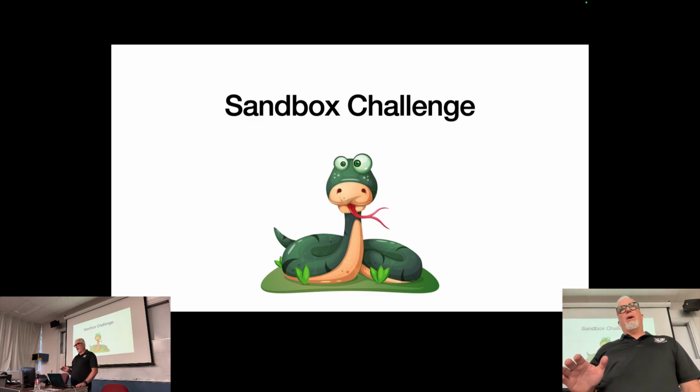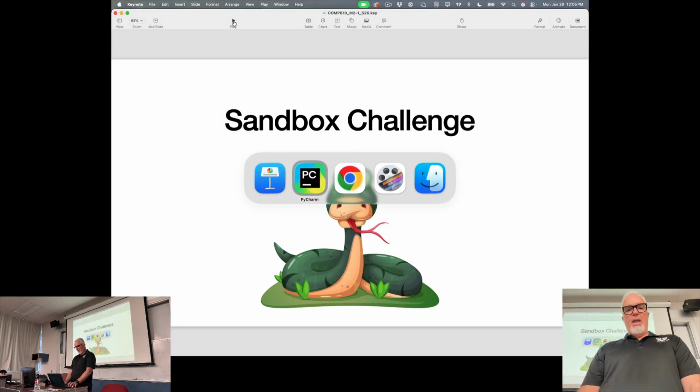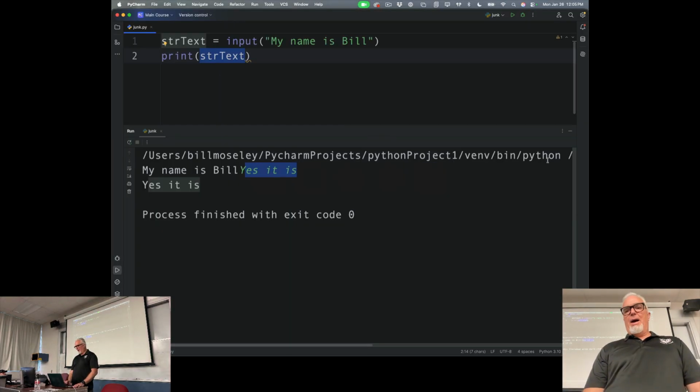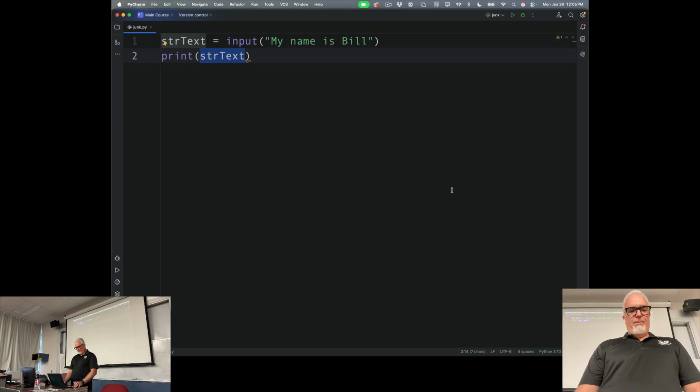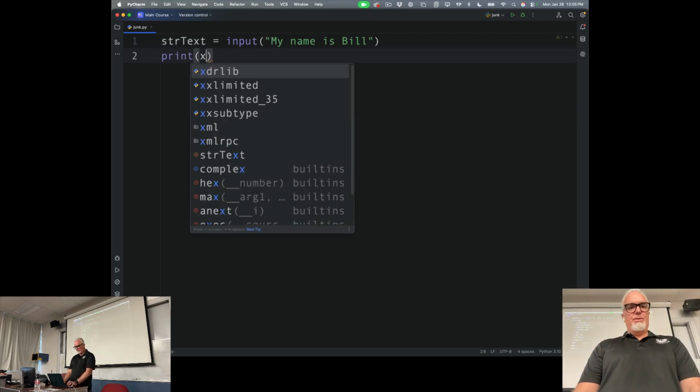I'm going to go over the Sandbox challenge, and then I want you to spend a little bit of time actually doing the Sandbox challenge, working on it in class. This is going to be a little bit new, and it uses something that we'll use throughout the class called the turtle. And the turtle is,